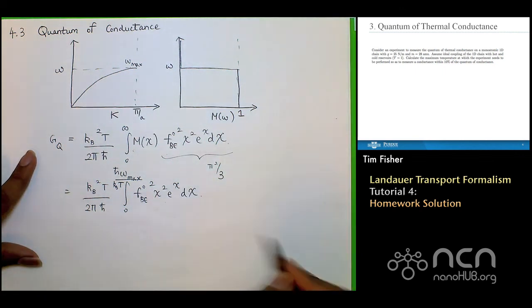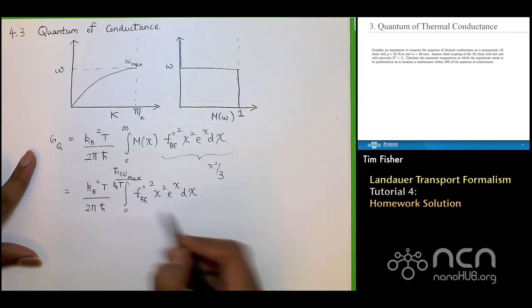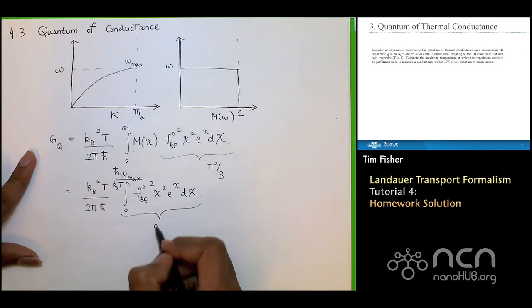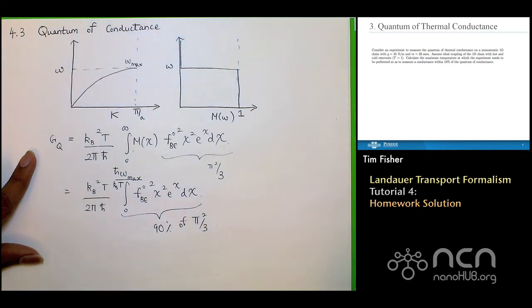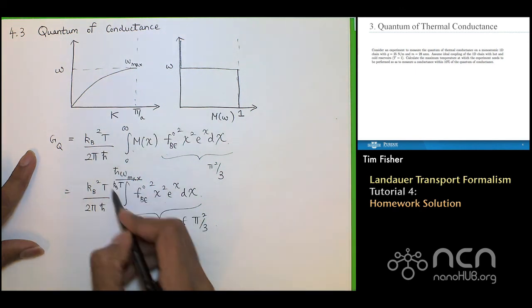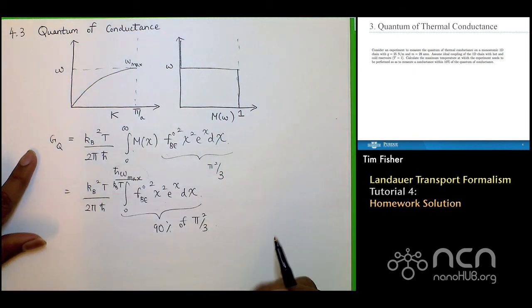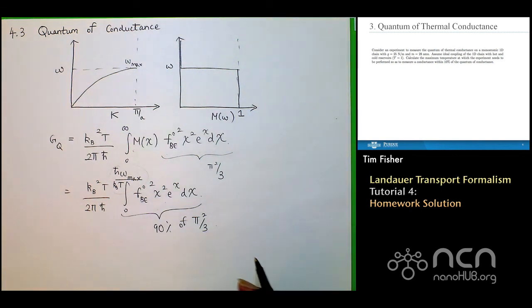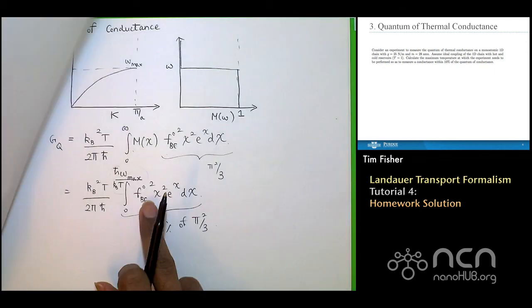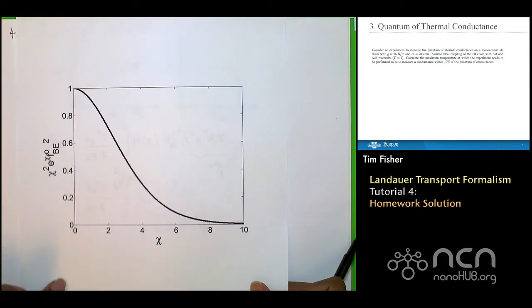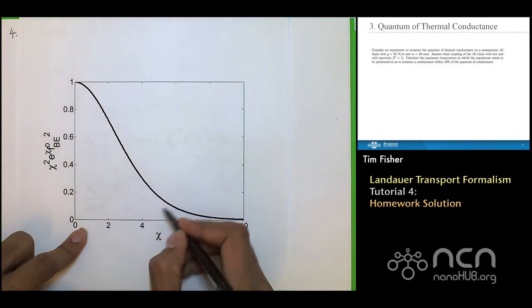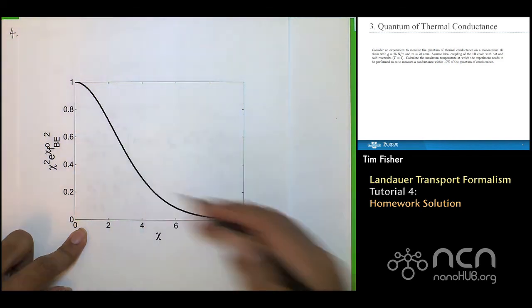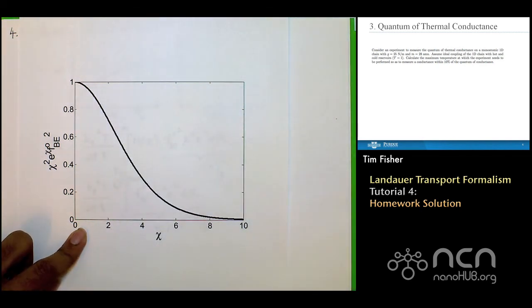So we basically want the value of this integral to be greater than 90% of pi squared by 3. So we need to choose this upper limit accordingly. Now if you look at a plot of this function, chi squared e to the power chi over (e^chi minus 1) squared, the plot looks something like this. You can see that it's a decaying function. Now the idea is that the total area under this curve, if you consider chi going till infinity, is pi